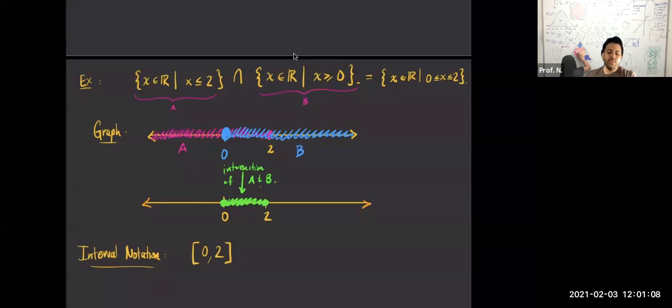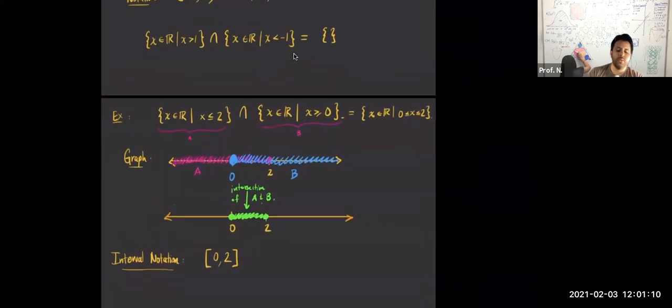So intersection and union are two operations that can be applied to sets. Okay, and so we are finished with